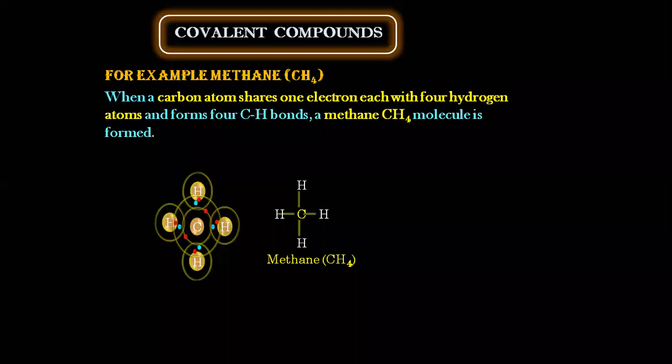Is there still anyone who is not able to understand? I can explain again, but it is very important. Everybody needs to get this concept clear. Yes, we have a lot of examples of covalent compounds. Just give me some time, I'll teach you more. Chemistry will come to all that. What you are showing is not correct. What you are showing is 4 carbon and 4 hydrogens. You want only 1 carbon and 4 hydrogen.